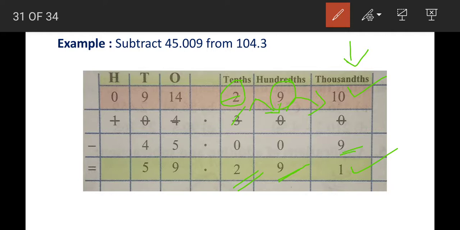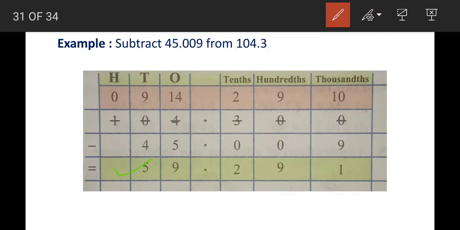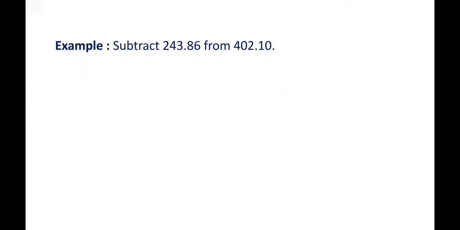Next step, move to the left side of the decimal point. Here it is 4, so we can't subtract from 4, so borrow from its previous digit. In the same way, here 9 is left, and it becomes 14. 14 minus 5 is 9, and here 9 is left, so 9 minus 4 is 5, and here it is 1, we have borrowed, so here 0 is left. So the difference is 291.